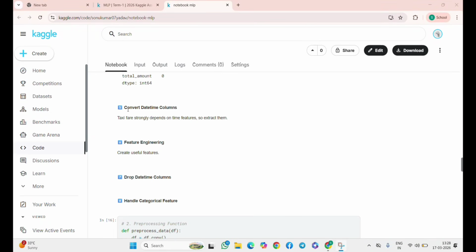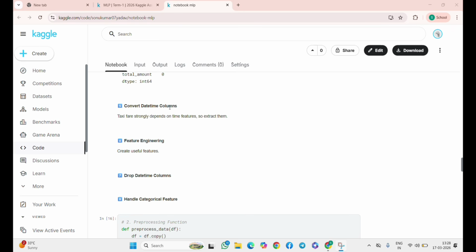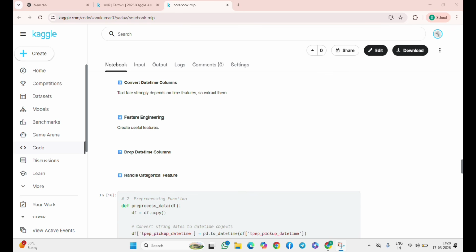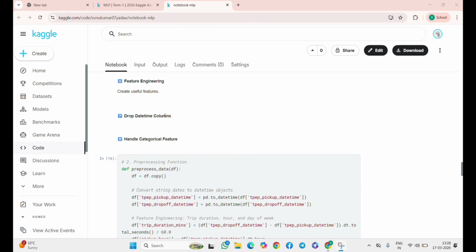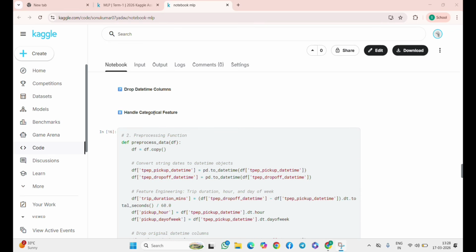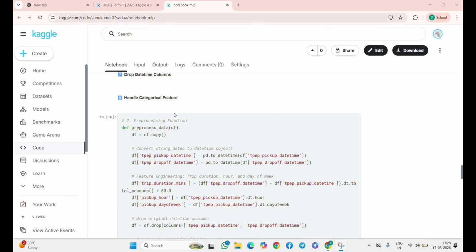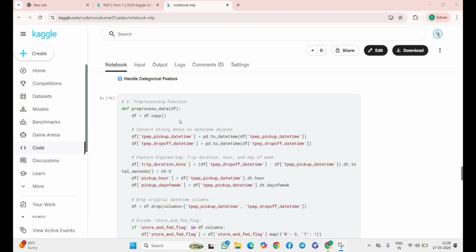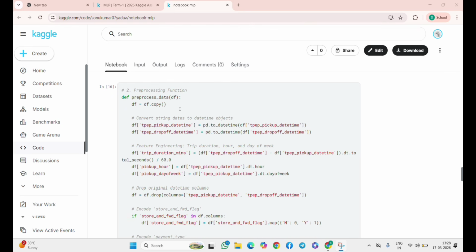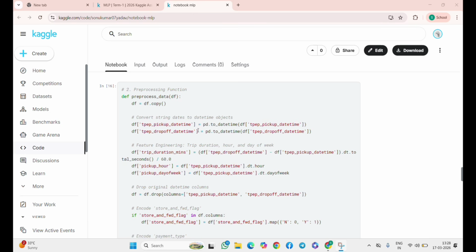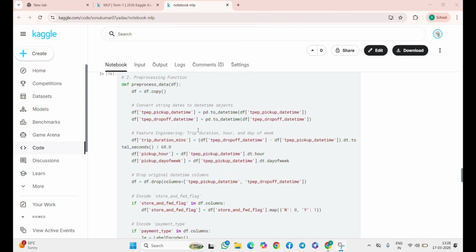Next step, working on converting data columns, feature engineering, dropping data columns and handling categorical features using a preprocessing function such as preprocess_data(df), with df equal to df.copy(), and converting string dates to datetime objects. Using this code, we'll move on to the next step: feature engineering such as trip duration, hours, and day of the week. Using this code,